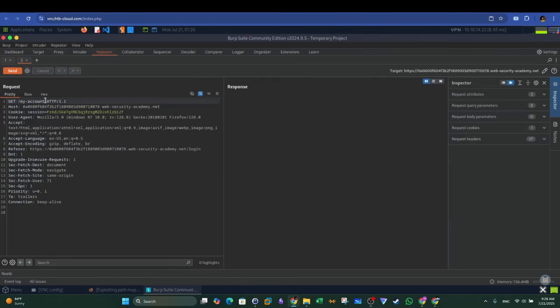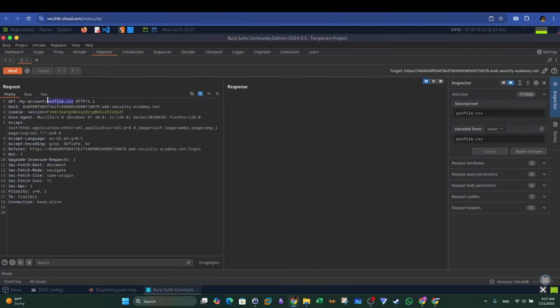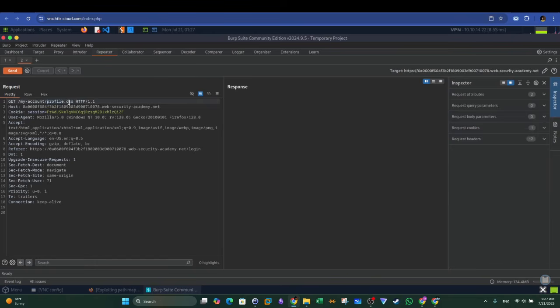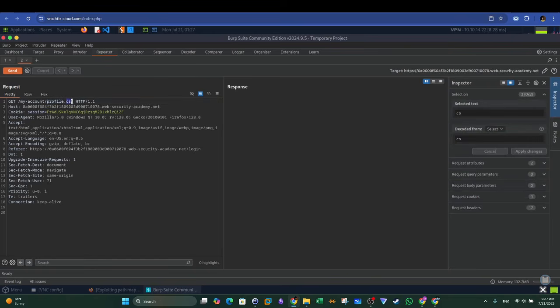Now what we need to do here is modify the URL. So basically, if we write /my-account/profile, or let's say, it could be profile.css. Why am I doing this? Because remember that I want to test how the origin server and the cache server handle a URL that ends with an extension such as CSS, or it could be JavaScript. So if we send this request,